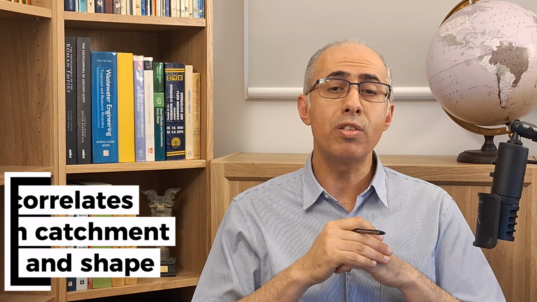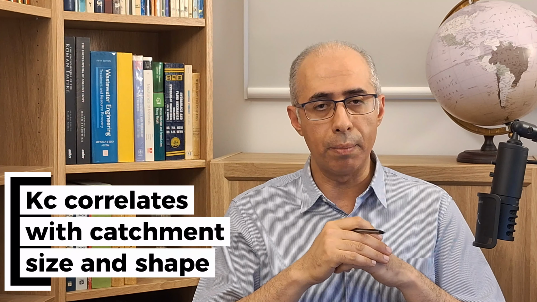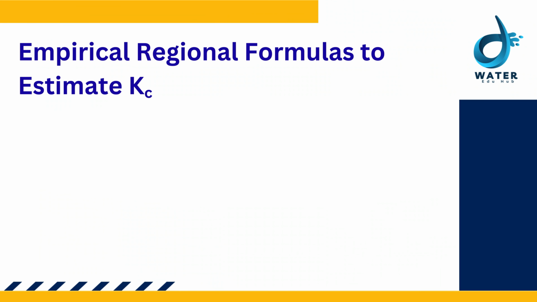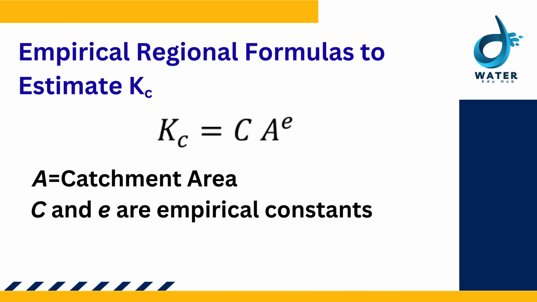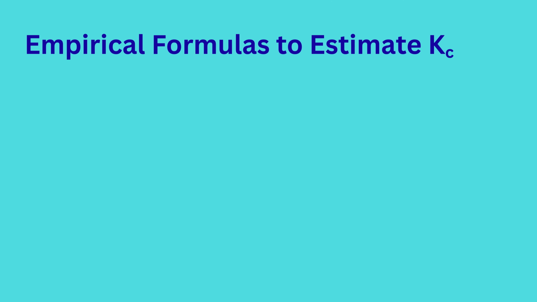Perhaps one of the most studied aspects of RORB is the estimation of this parameter for ungauged catchments. Since Kc represents the storage delay of the entire catchment, it correlates strongly with the catchment size and shape. So far, researchers have developed numerous regional regression-based equations to estimate this parameter. The early works had Kc as a function of catchment area, where C and E are empirical constants found through regression. However, more recent studies suggest Kc being proportional to the average travel distance DAV, where C is